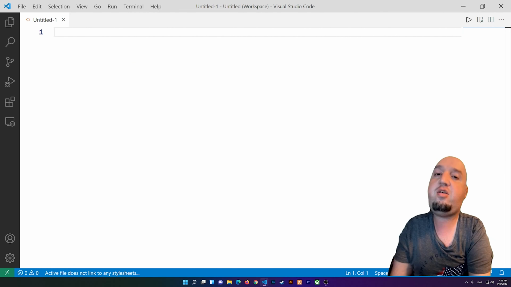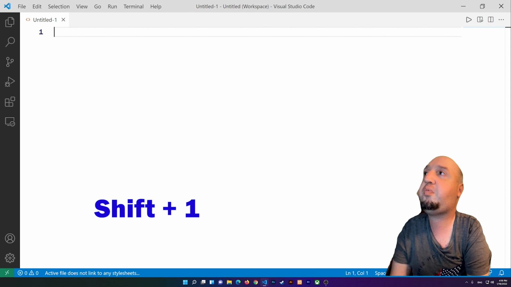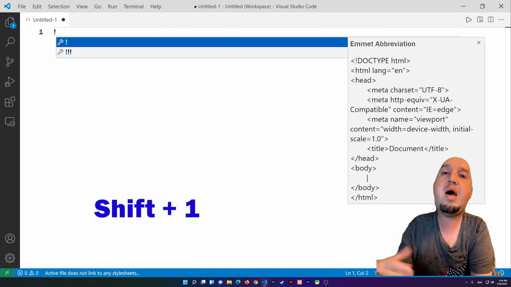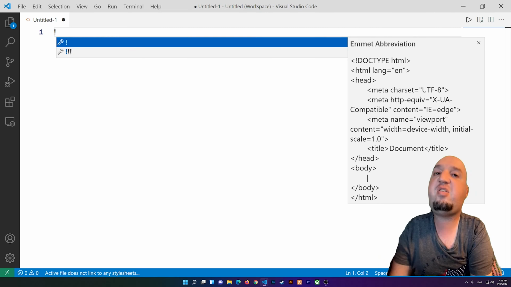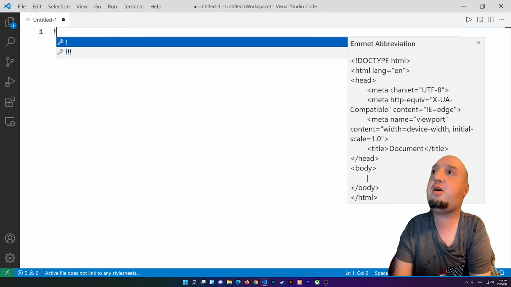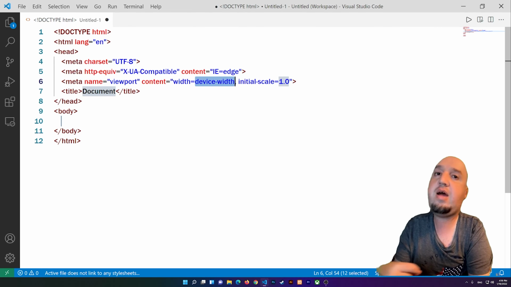So when you create an HTML file, all you have to do is you press Shift 1. So what this is going to do is that it's going to add this exclamation mark, and then what you'll have to do is you press tab or enter. You'll see that it will add all of the snippet here. So this is all of the HTML code,